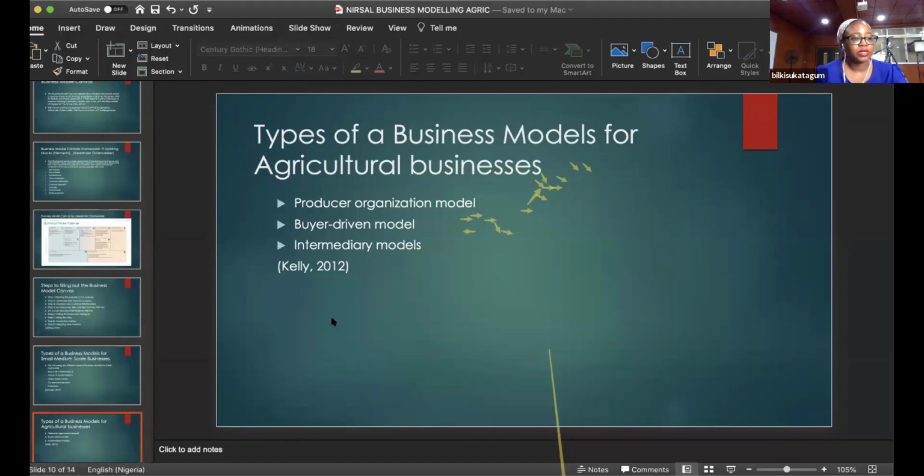Another one is buyer driven though. The buyer driven model is